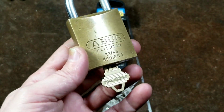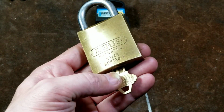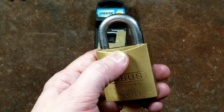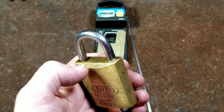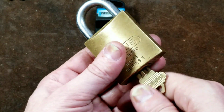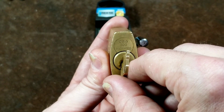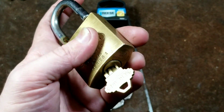The reason that's a big deal is, first, it makes sure that the lock is really locked, and once again, the core and the cam are locked together, so even if you drill a hole partially through the side of the lock, you can't use a screwdriver to unlock it. You have to drill a hole all the way through the entire cross section of the brass. That's really the big deal for key retaining locks, by the fact that the key can't come back out,